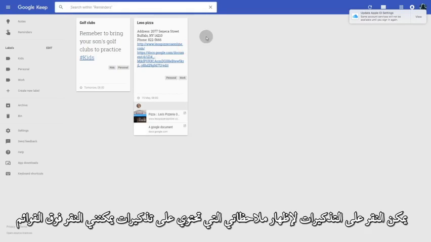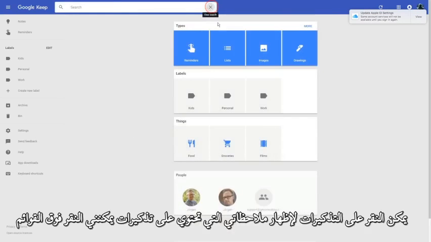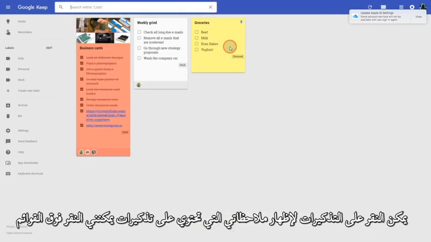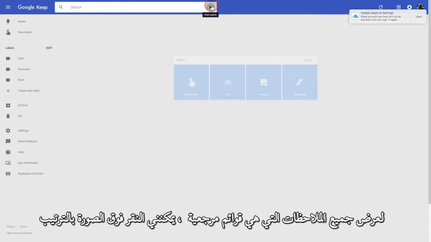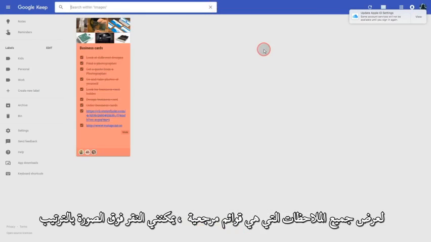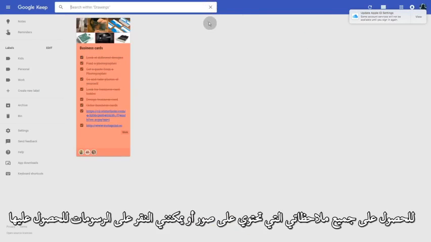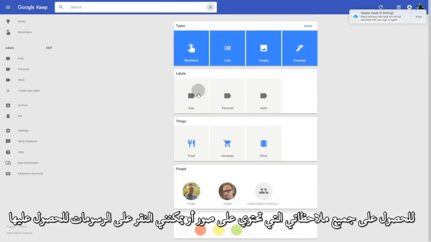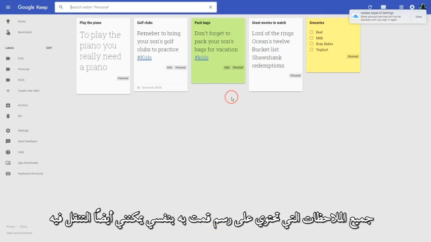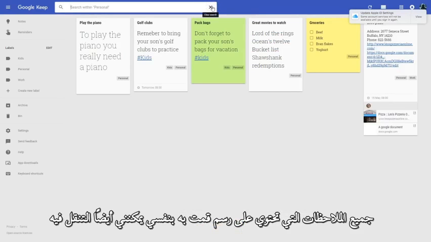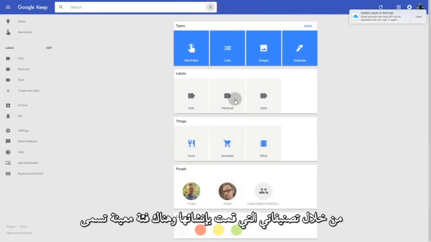I can click on reminders to show all my notes that have reminders. I can click on lists to show all the notes that are checklists. I can click on image in order to get all my notes that have images in them, or I can click on drawings to get all the notes that have a drawing that I've done myself. I can also navigate through my labels that I've created,